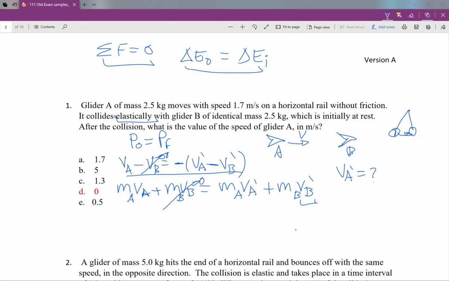So we have to use the first equation to solve for VB prime. If we do that, we end up with VB prime equals VA plus VA prime. We substitute that into the momentum equation, and we get